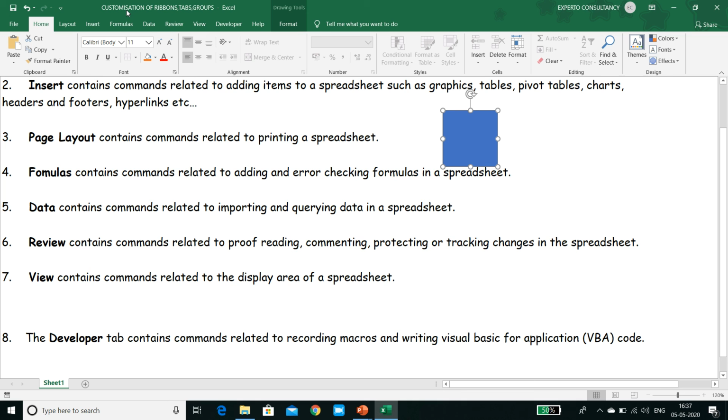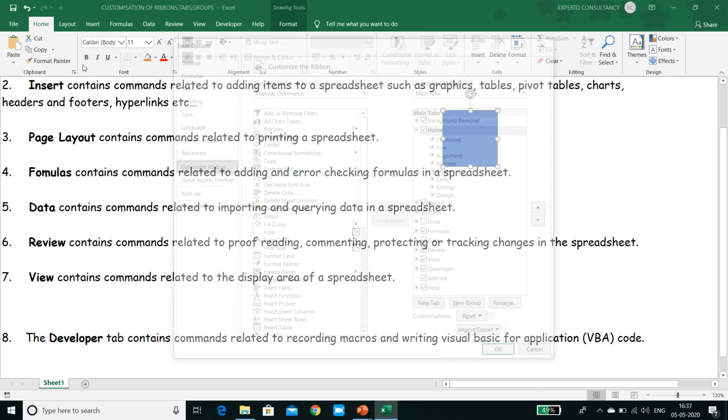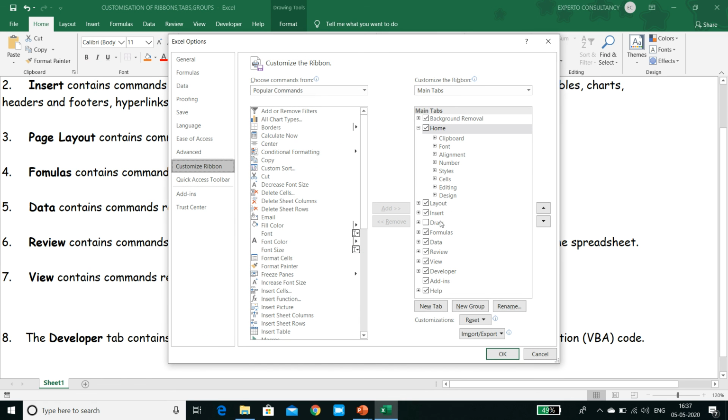If you have made a lot of customization to the Excel ribbon and you want to go back to the default setup, what you can do is right click, go to customize the ribbon section, select the tab or group you want to reset and say reset only selected.